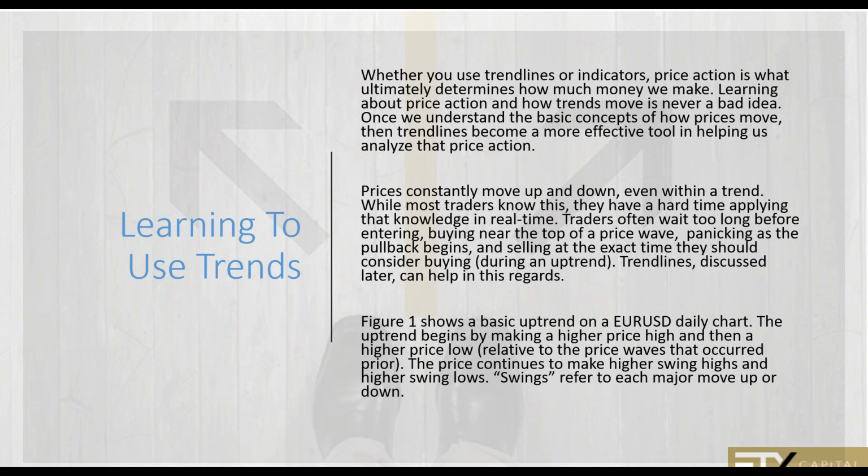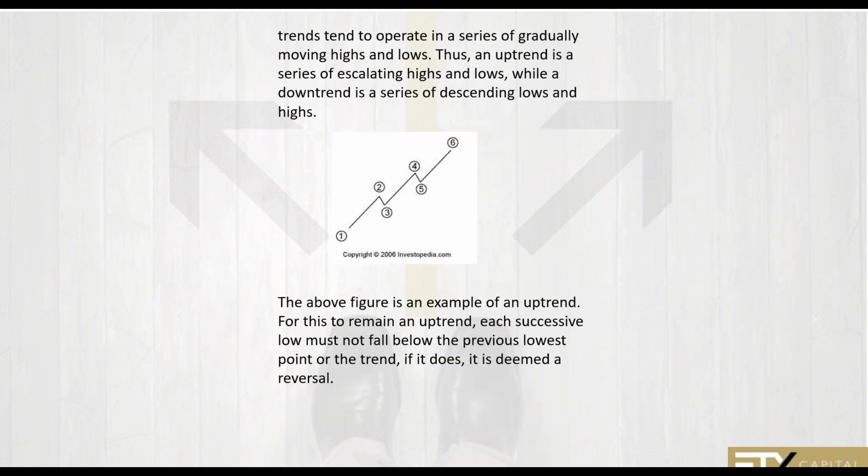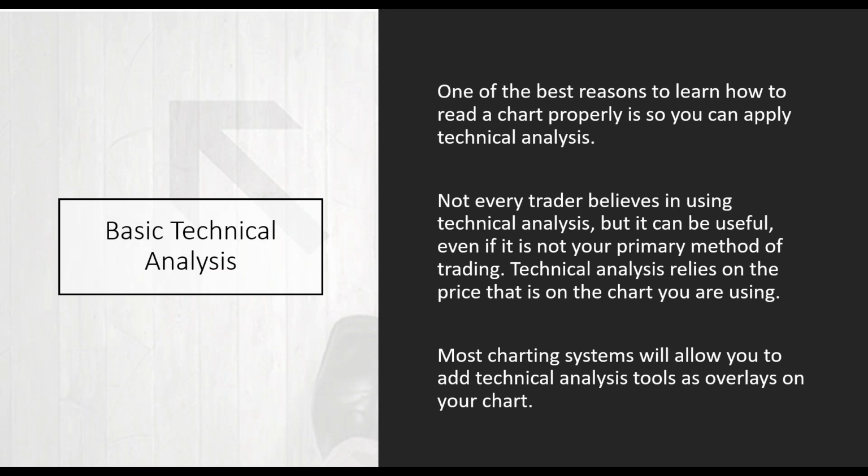Okay. And when we have this well-defined trend, we have non-random price movement. It's in those stretches that price is actually moving in some type of way we can explain and apply. So understanding how to use trends and put them on charts is some of the best thing you can do. And anything you do on a chart falls in the field of technical analysis. So whether you're going to use technical analysis or not, everybody should be able to look at a chart, put a trend line on a chart, put their levels of support and resistance, and then you can decide how you're going to use them for trade. But these are your basics that everybody should be